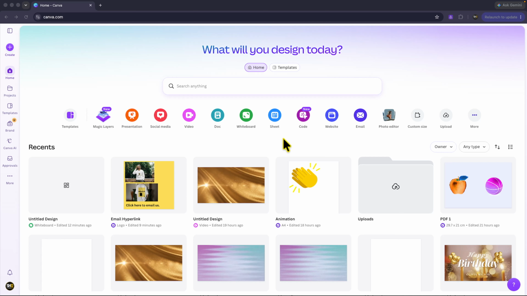In this video, I'm going to be teaching you how to create AI-generated presentations in Canva. So the first thing that you need to do is log into your Canva account, and you will either end up on the home dashboard or the templates dashboard. Now from here,